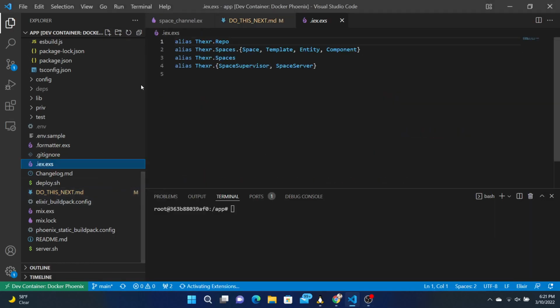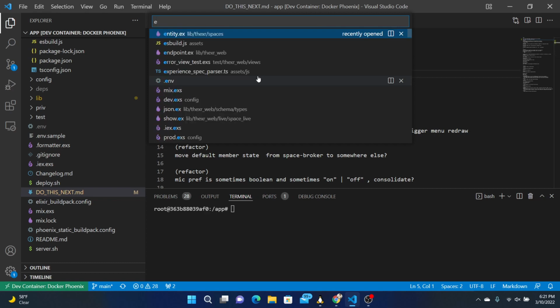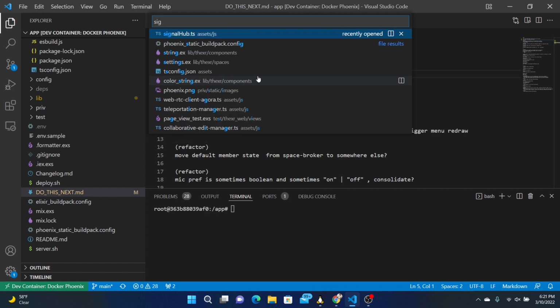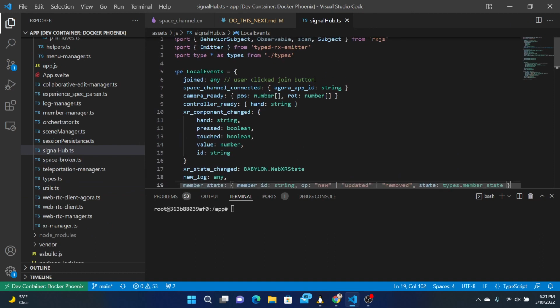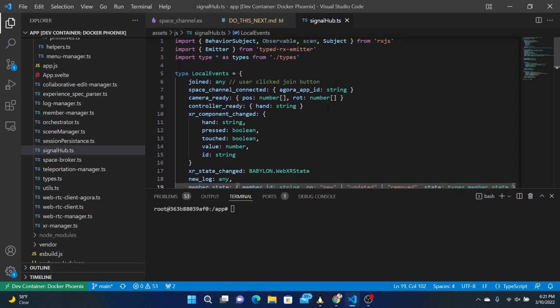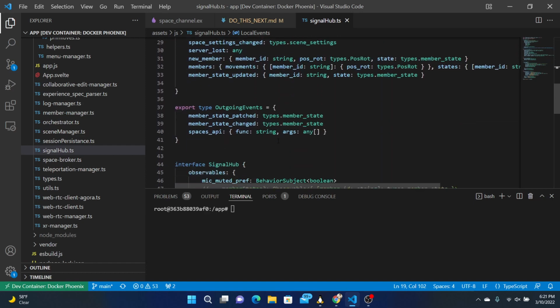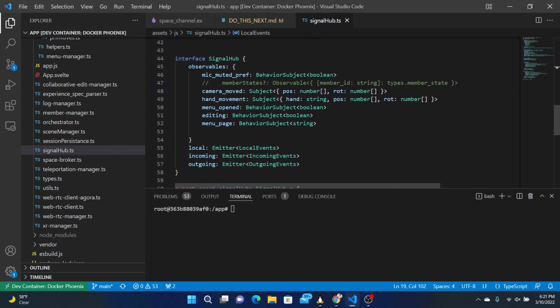We may have a chance to replace some typed emitters with just behavior subject. I don't really think we're deriving that much benefit from these things. So what if we just had a signal hub, and instead of observables, everything's just at the top level, or